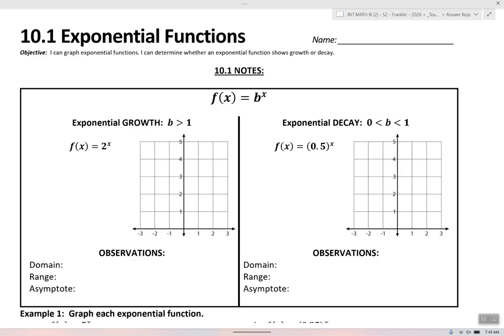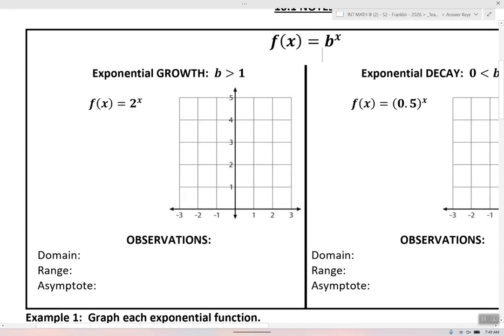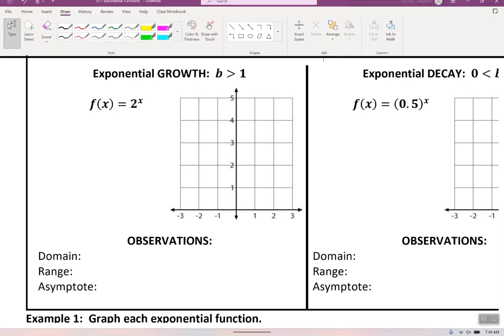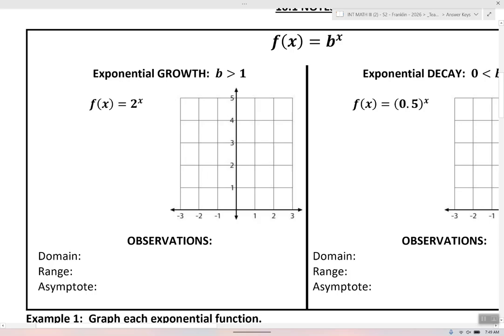So let's take a look at first exponential growth functions, where the base of our function is a number greater than 1. We're going to look at f of x equals 2 to the x power as our example. So let's graph this by just making a t-chart. And I'm going to go ahead and put in 5 numbers like this. So if I do negative 2, 2 to the negative 2 power,